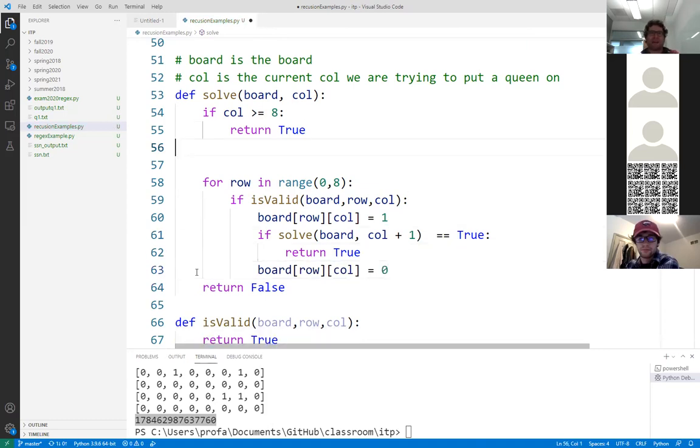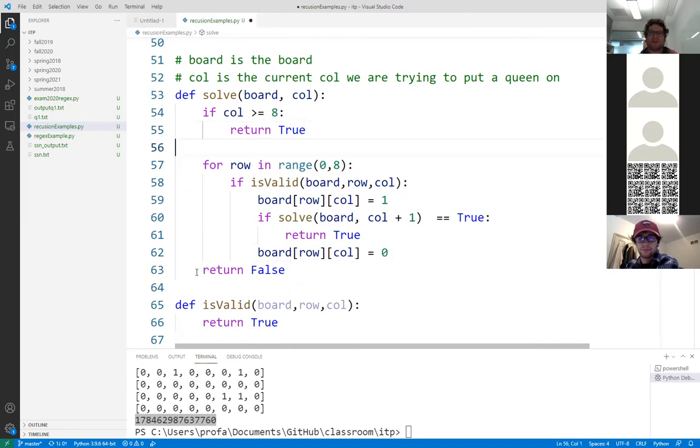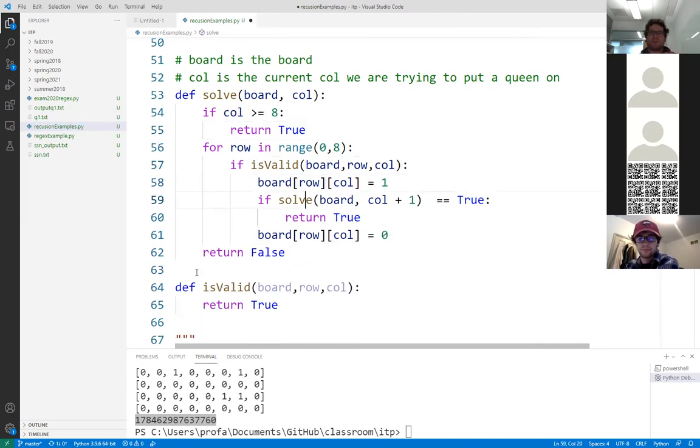And yeah, that's pretty much it. Okay, so what is this over here? I'm saying, well, my current row, I figured out a queen. So let's go ahead and solve the rest of the board starting at this column, right? We figured that out. And again, the way this is working is that I'm moving left to right across the board. I'm starting at column 0, then I'm doing column 1, then I'm going to do column 2 and column 3. And actually, if we run this now,